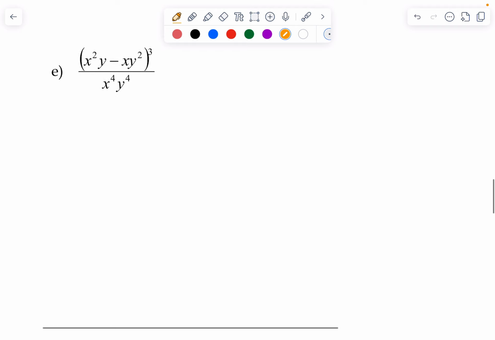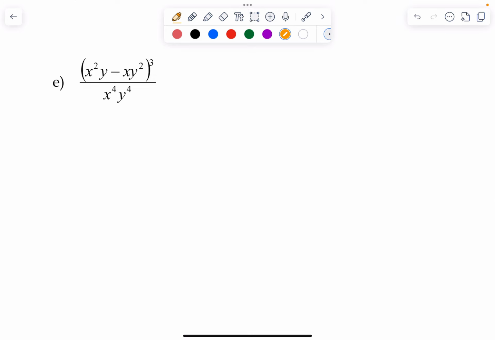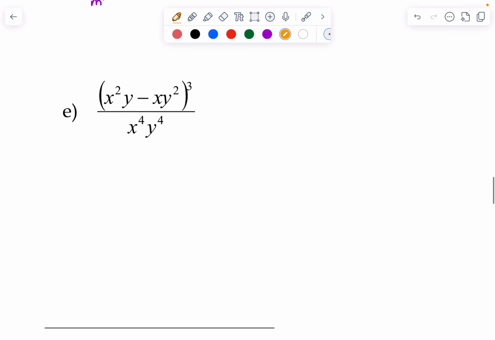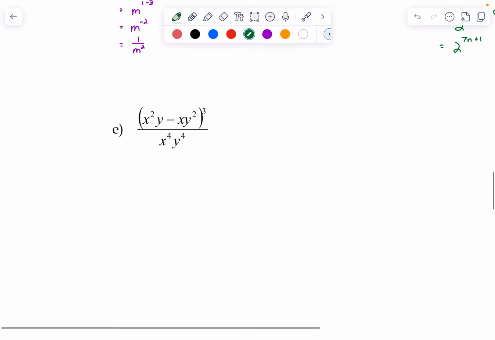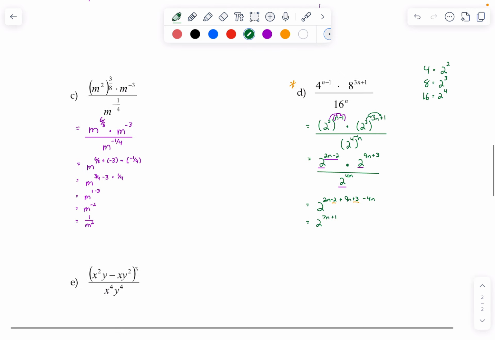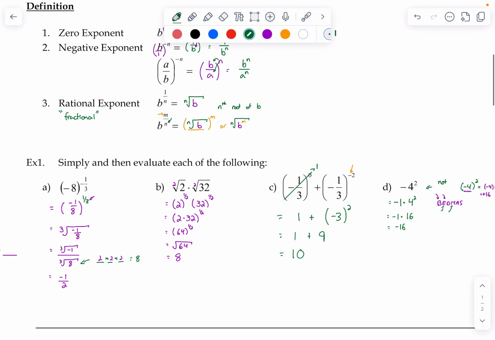Last one. What can we do here? What does it mean when you have an exponent of 3? So careful with this, okay? What this means is you do not take this 3 and multiply everything in here. Okay, do not take that 3 and distribute it, because we have this negative in here, all right? Notice in the previous problems, when you did that distribution, let's go back up to the top when we first learned that,